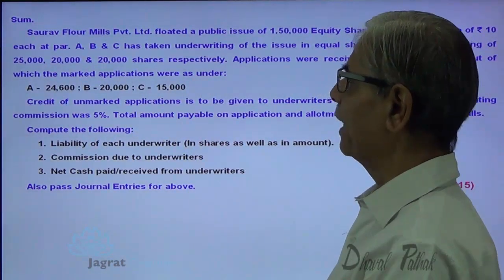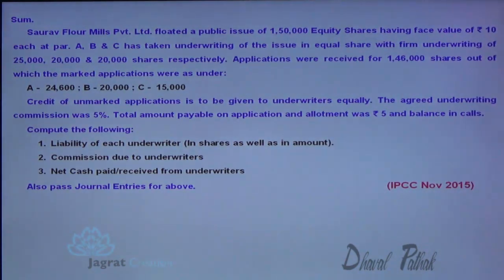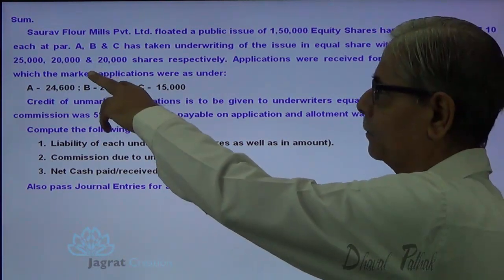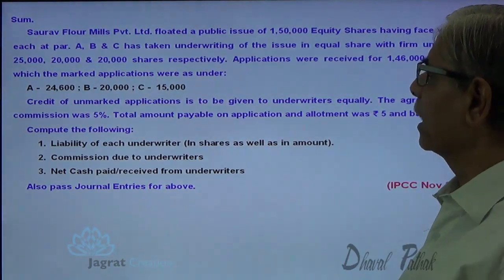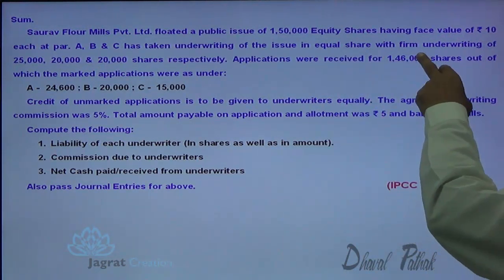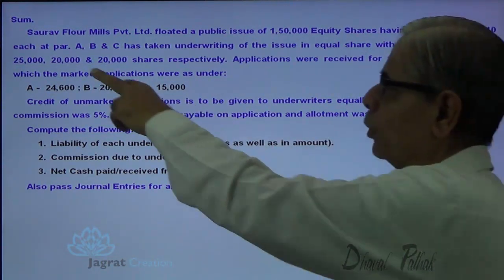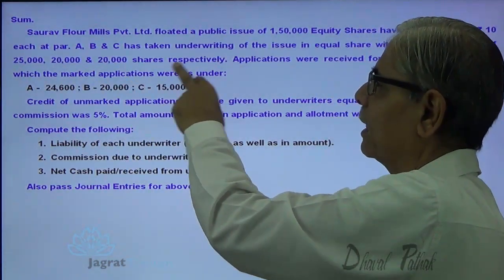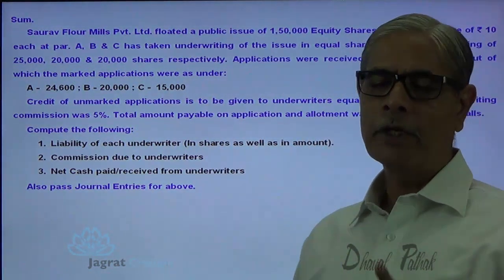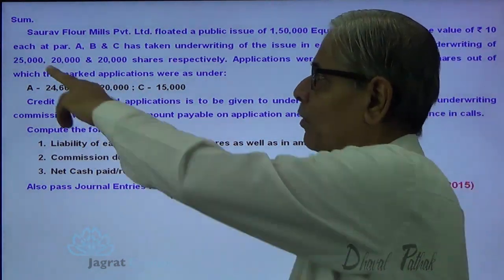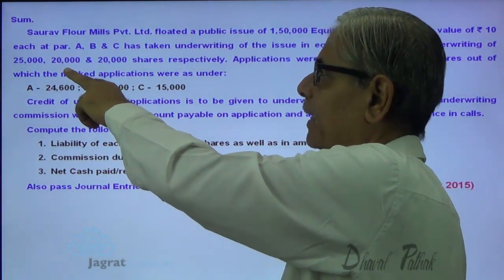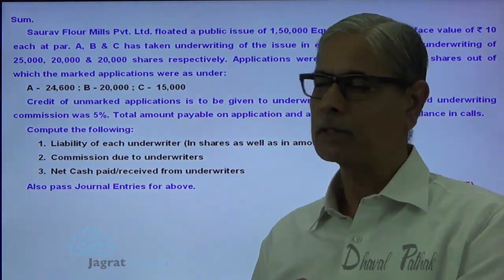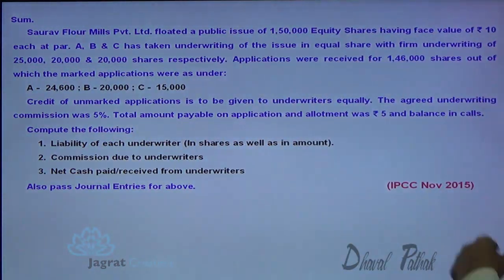Saurav Floor Mills Private Limited floated a public issue of 1,50,000 equity shares having a face value of ₹10 each at par. A, B and C have taken underwriting of the issue in equal share with firm underwriting of 25,000, 20,000, 20,000 shares respectively. So A's firm shares 25,000, B's firm shares 20,000, C's firm shares 20,000. Applications were received